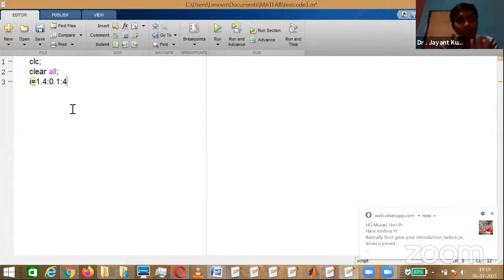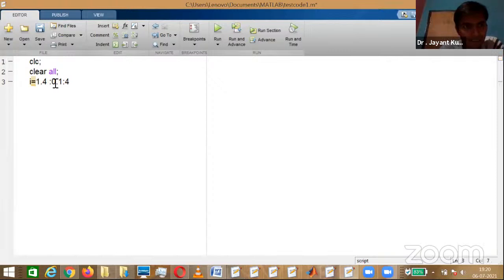Okay, so if I'm not giving any incremental value, it is 1 by default. If I give an incremental value, it will take that value. Okay, 1.4 से शुरू होगा, 0.1 करके बढ़ेगा, कहां तक जाएगा? 4 तक जाएगा। You can see कोलन का क्या मतलब है। मैं थोड़ा स्पेस देता हूं, आपको दिखेगा। स्पेस देना इज नॉट अ एरर इन मैटलैब। ओके, अगर आप एक्स्ट्रा स्पेसेस देते हो तो ये एरर नहीं मानी जाएगी सिंटैक्टिकली।